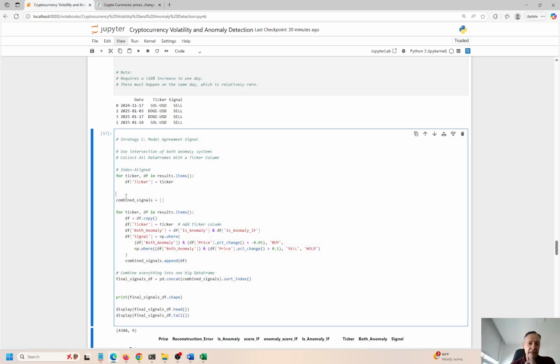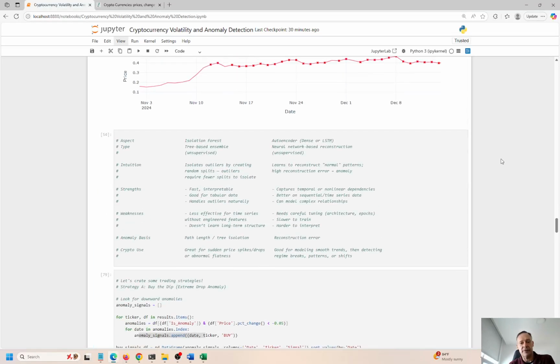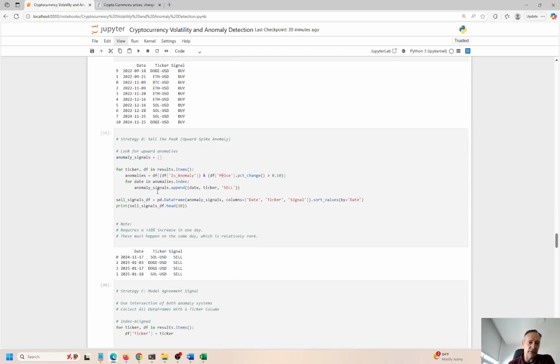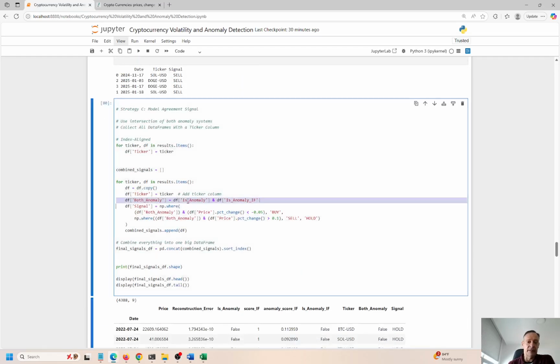So strategy 3 is saying, let me go ahead and run for all the tickers, if both anomalies, right? So Isolation Forest and the other one, this is new for me. I have to go up and look at it. It just came up on my radar. I'll say Autoencoder. Okay, so Isolation Forest I've been working with for a while. This one's kind of newer for me. So if Isolation Forest and Autoencoder both determine that this is an anomaly, if both anomaly